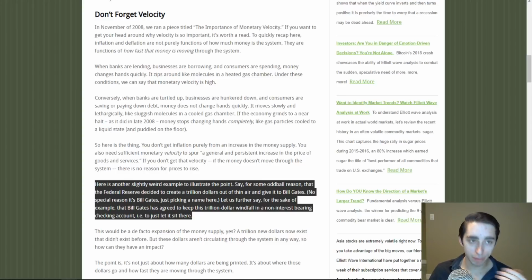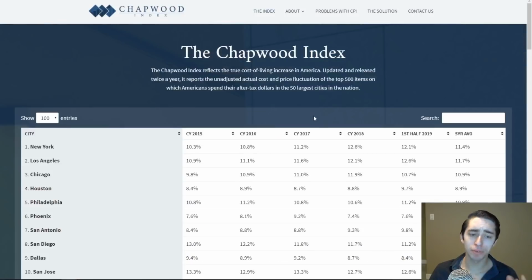When there is a creation of new money, it can be reflected in the monetary supply over time. It's well-known that the base monetary supply has increased, and therefore prices can increase. And some of that, to be fair, has gone into the economy. Some of it has. But a lot of it's gone into the bigger ticket expenses, which is why the CPI doesn't reflect it compared to the Chaplet Index, which includes mortgages, rent, and a lot of the big ticket, longer term expenses like healthcare and education.